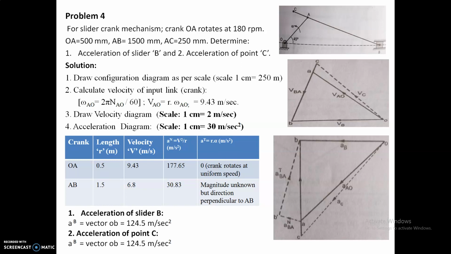How much length? Again 30.83 is the normal component divided by the scale, that is 1 centimeter approximately. So you take the length of 1 centimeter and write down here B dash, or you can also write X, because it is not the final component. Again, the tangential component of BA is perpendicular to the normal component, so I have drawn the perpendicular to the normal component. I am not getting the B location until now.